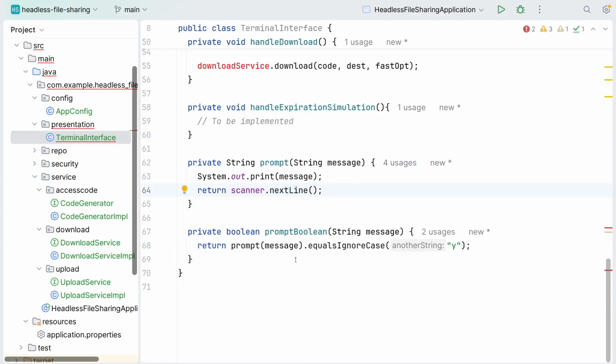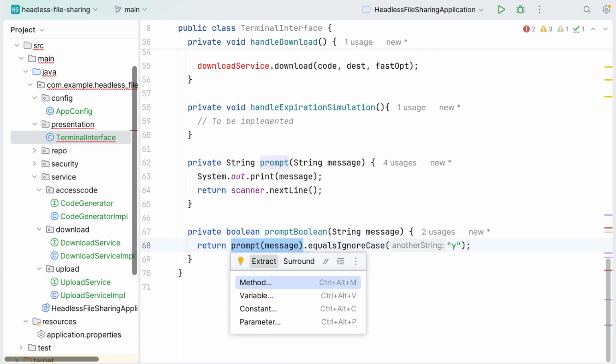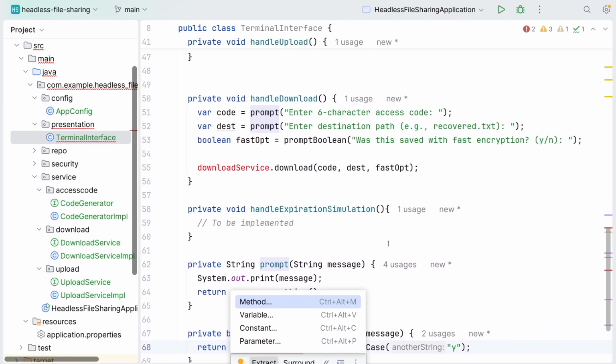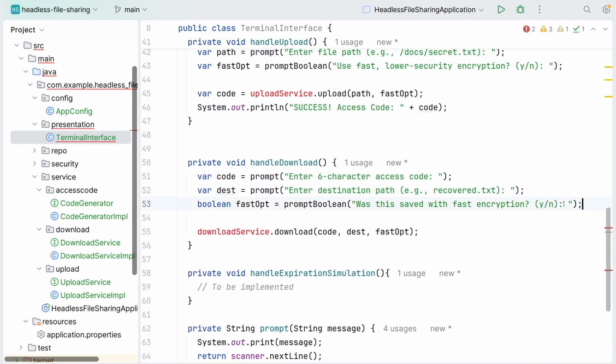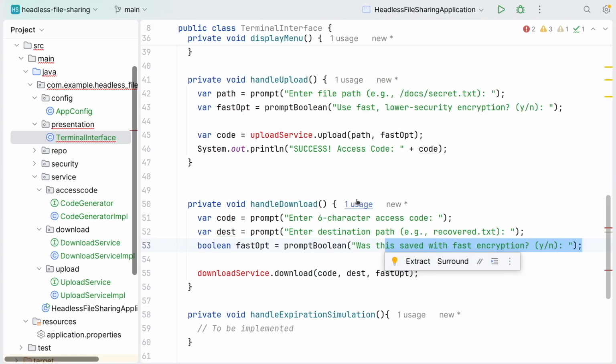That's it. And this prompt boolean is going to check whether the input that we receive from this prompt is equal to y or not. Basically, we are using it for this fast encryption. We have two choices, right? So yes or no. We are simply checking whether the user entered y or n. If the user entered y, then we will get true, otherwise false. Okay,